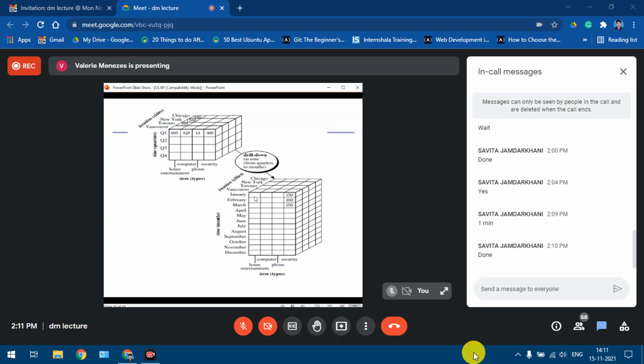We can even further drill this down to week-wise and day-wise. So we climb down the concept hierarchy, and over here we move from quarter down to month, and from month we can climb down to week or day.